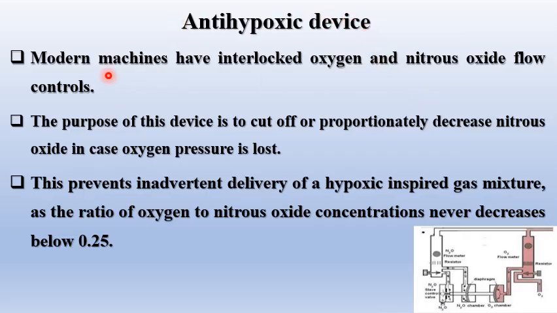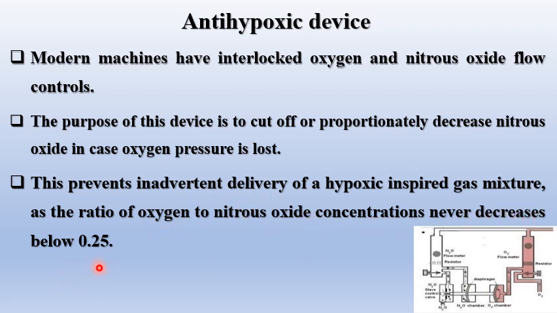Anti-hypoxic device. Modern machines have interlocked oxygen and nitrous oxide flow controls. So the aim is to balance between what is given to the patient in case of using nitrous oxide. The purpose of this device is to cut off or proportionately decrease nitrous oxide in case oxygen pressure is lost. This prevents inadvertent delivery of a hypoxic inspired gas mixture, as the ratio of oxygen to nitrous oxide concentration never